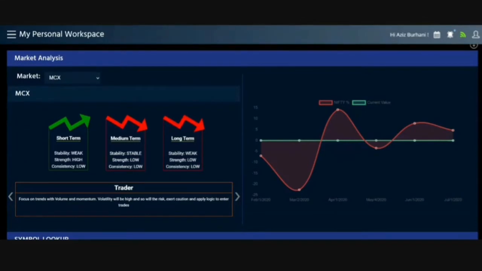So for you to have an in-depth analysis of the market, you actually have to know what is going on in the market itself. Nifty and Sensex are very narrow barometers. If you're looking at Nifty and Bank Nifty, then you are not getting a proper perspective of the market. What the Shasva market outlook analysis does is give you a complete picture and perspective of the market. If you can see, the time frames are divided into short term, medium term, and long term.